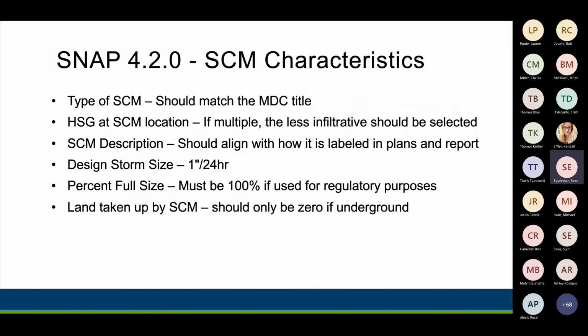The next sheet is going to be the SCM characteristics sheet, and rather than sharing a screenshot, since it doesn't really come in cleanly to PowerPoint, I'll just go over some of the things to think about while putting your SCMs into there. The type of SCM you select from the drop-down menu should match the MDC title. So if it's something that you're using to meet regulations, it should be something that has an actual chapter and design requirements in the MDC. There are some other options in there that are used for